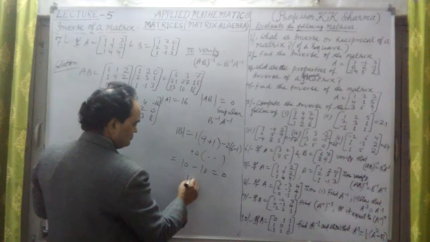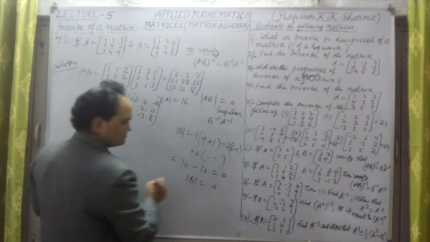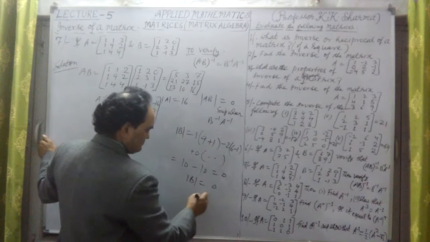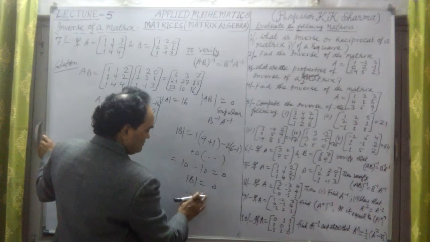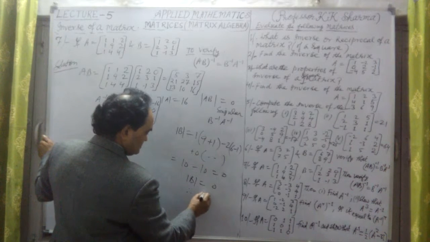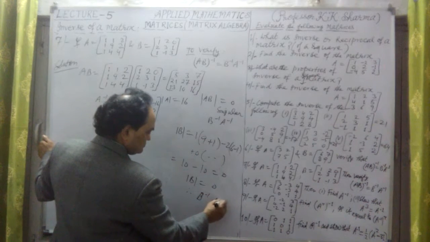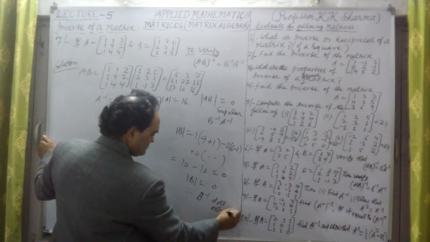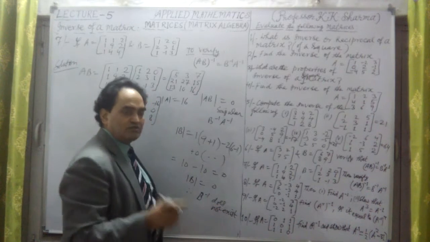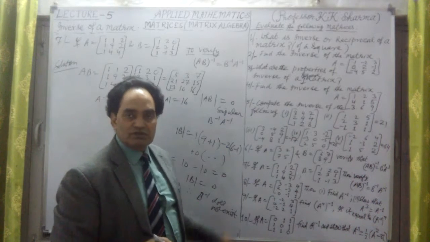The determinant value is singular. Therefore B inverse does not exist in this case. If an inverse exists, it is unique, but in this case it doesn't exist